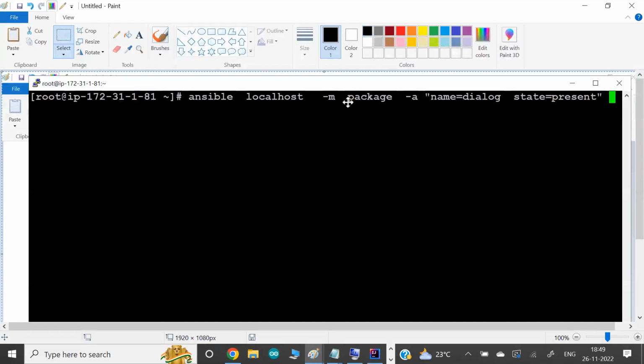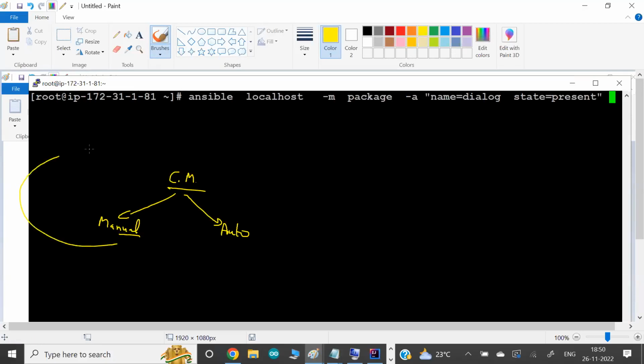Ansible gives an opportunity to do your configuration management manually or as automation. If you want to do it manually, you type the command, and this is the example of manual. For automation, the same command I will convert into some kind of code. We'll see that in the next class.